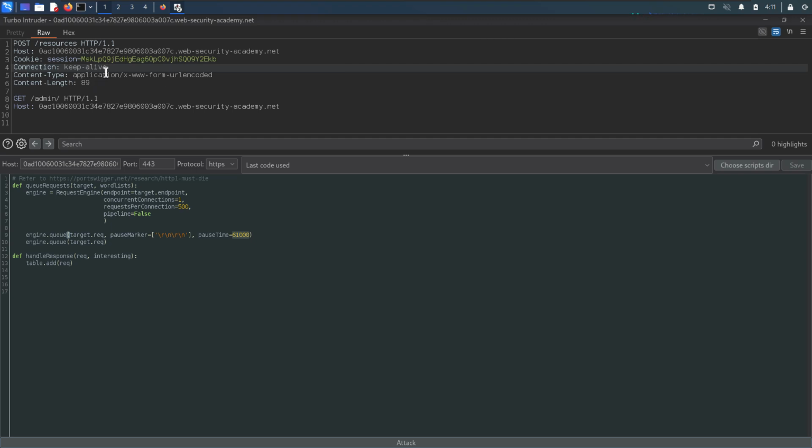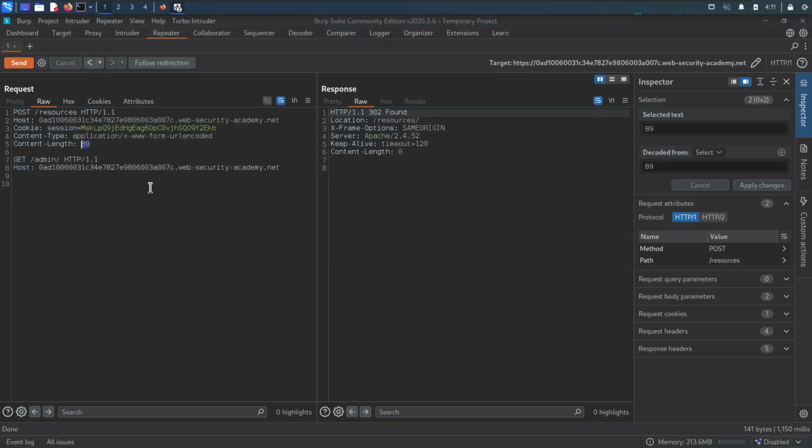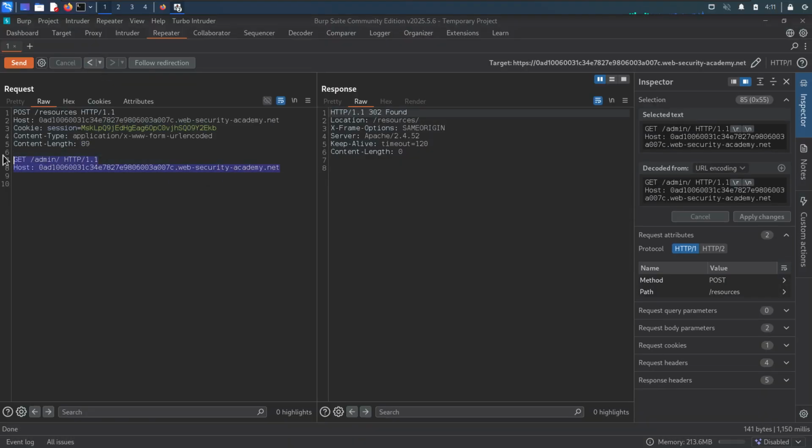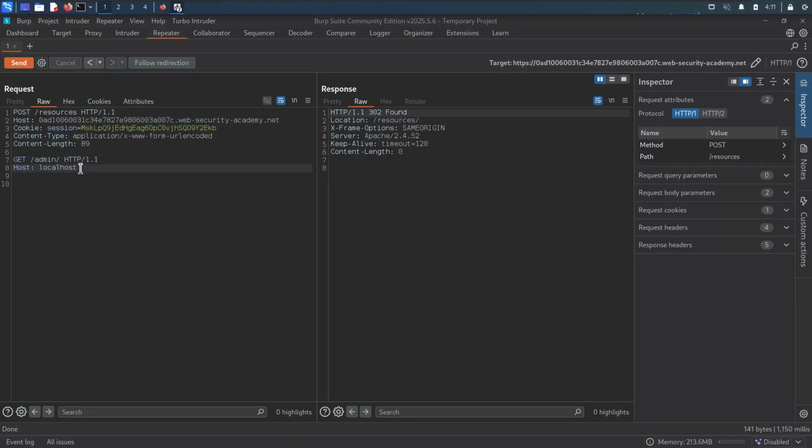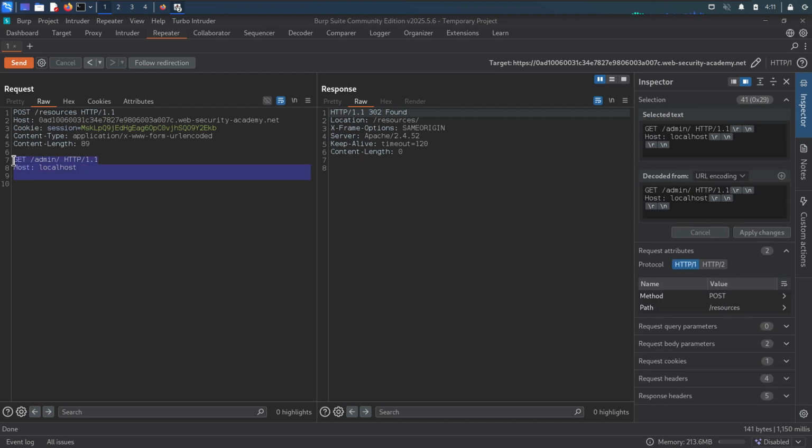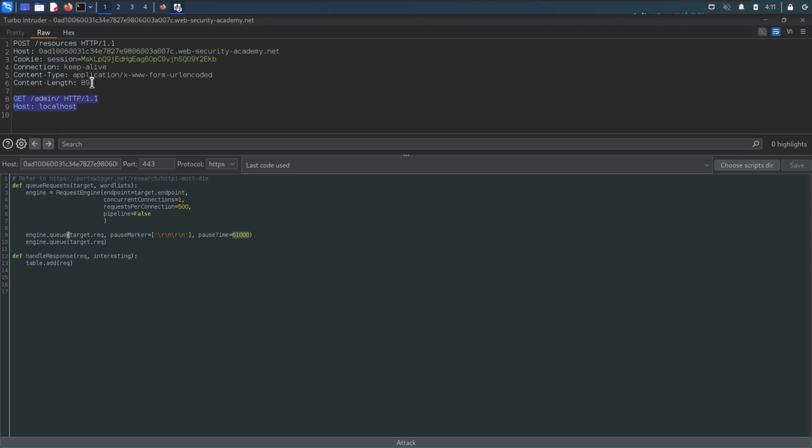Okay, that seems fine. And here, instead of this header host value, I'm going to say localhost. Okay, and I'm going to take this back to our Burp, and I'm going to update it here so that I can get the exact number of bytes for the content length. It is 41. So back to Turbo Intruder, 41, and